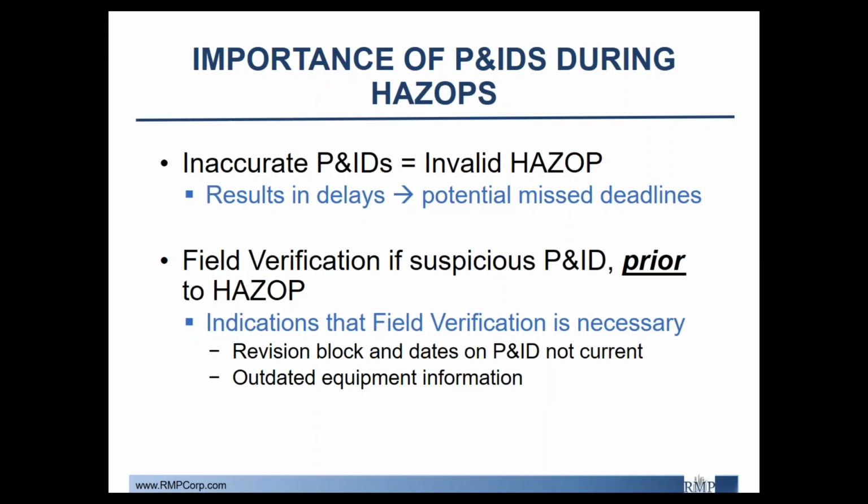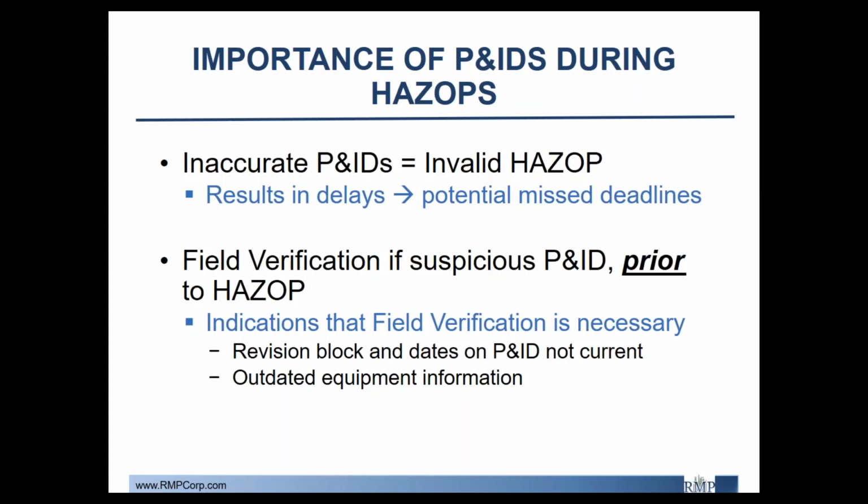So what is the importance of all of this? I know I mentioned briefly that having inaccurate P&IDs would lead to an invalid HAZOP. That's predominantly because a lot of times when updates are made to P&IDs, the changes are not immediately reflected in the plant. And so a lot of times things are forgotten and people don't really take into account exactly all the changes that are made, and they don't make the changes immediately to reflect them in the plant, which then, when it comes down to the HAZOP time or facilitating the PHA, we go into the facility and